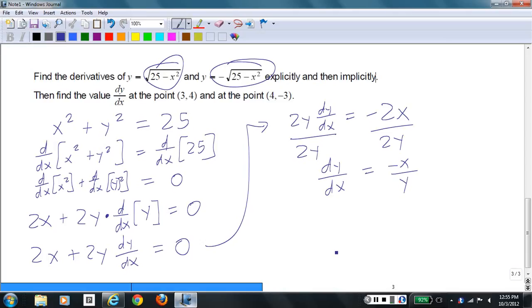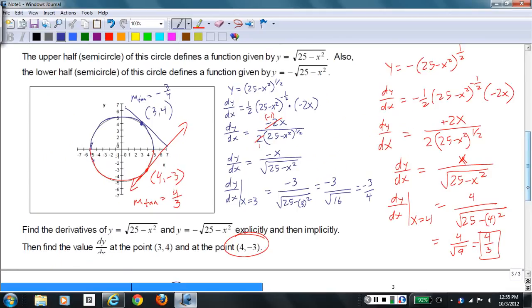Except in cases where y equals 0, the points (5, 0) and (-5, 0), where there's a vertical tangent line, this expression is going to work all the way around the circle. Negative x over y is going to give us the slope of the tangent line. So if we try that at the point (3, 4),